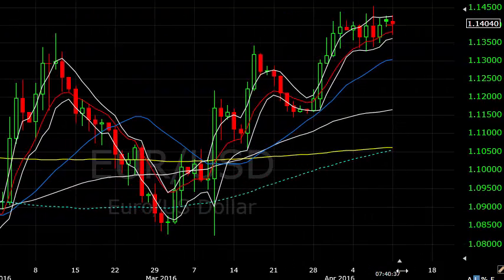This euro's fascinating, isn't it? It's now done 1, 2, 3, 4, 5, 6, 7 days of sideways. I've discounted a couple of those days because Telecharts includes Sunday nights, but 7 traded days of chop, and it's chopping again today within this range. So we will continue to wait and see which way the euro is going to break. It's become a bit of a minefield right now to see what's going to happen there.